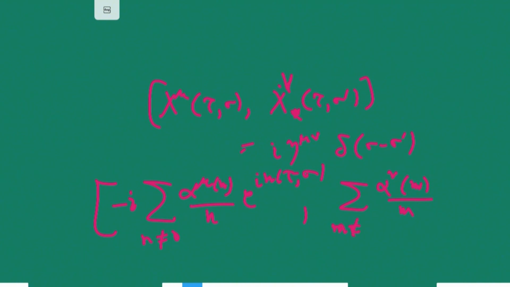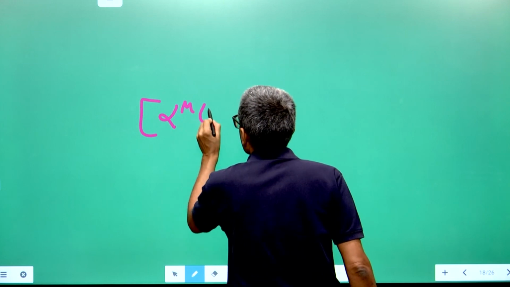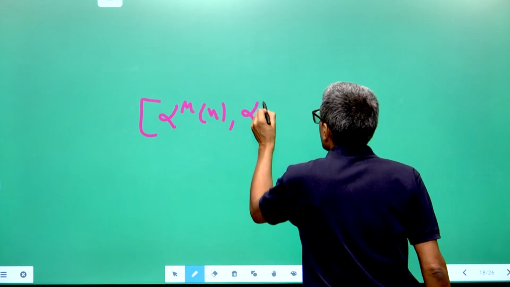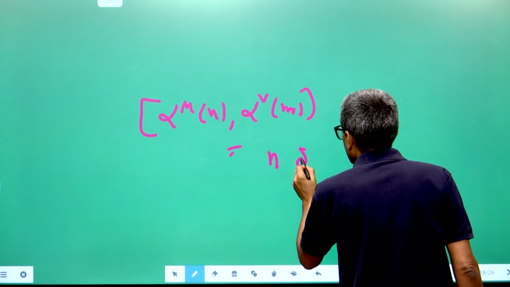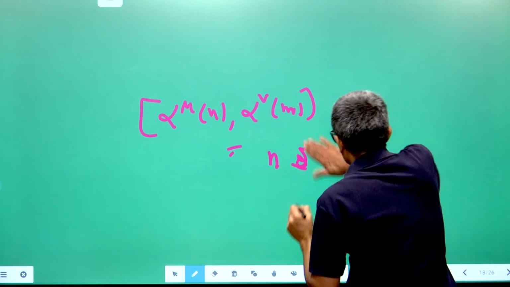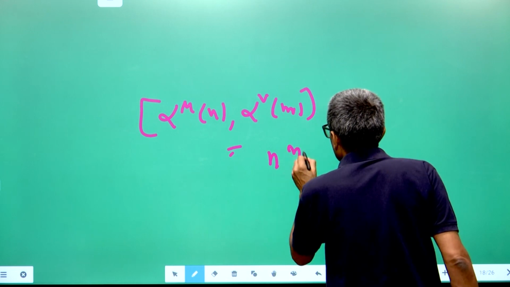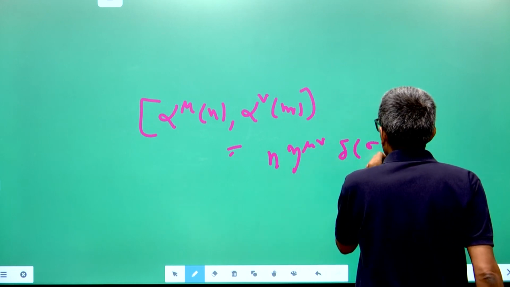When you differentiate, this vanishes into e power i m tau minus sigma, and if you require this to be i eta mu nu delta sigma minus sigma dash, there is a factor of n which will come here. So the correct commutation relations should read alpha mu n comma alpha nu m is equal to n times eta mu nu,